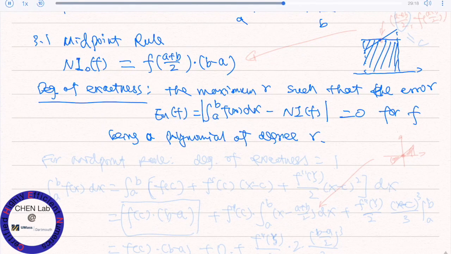So, I don't know if you were following. Here, the midpoint rule is this guy. What is this guy? This is at the midpoint, right? The x is a plus b over 2. The y is f evaluated at that point. That's why we're having this formula: the height of this rectangle times the width. Is that clear? So for the midpoint rule, the degree of exactness